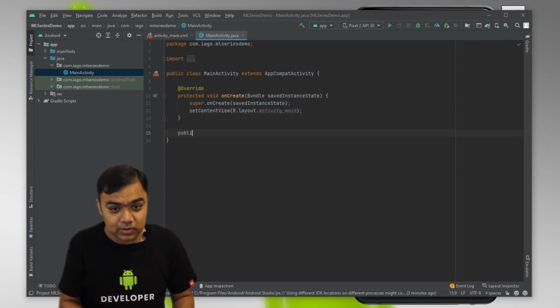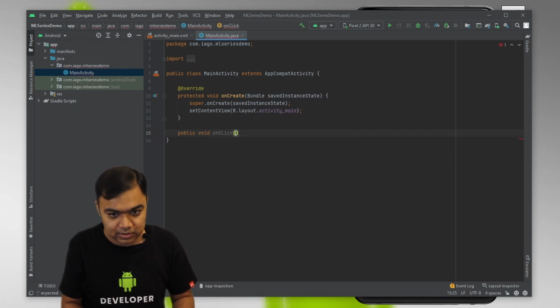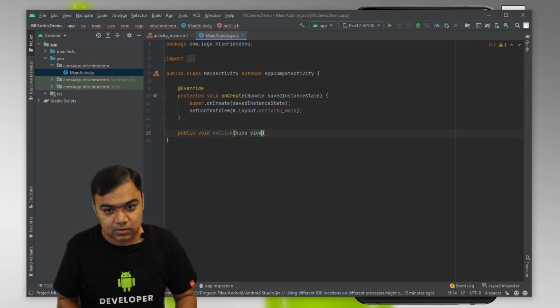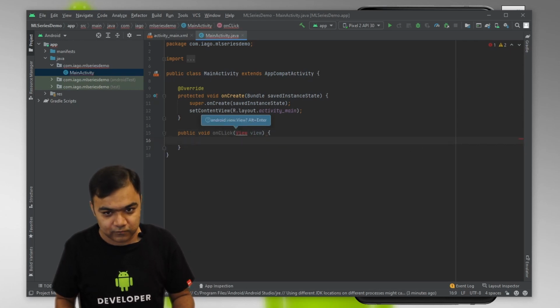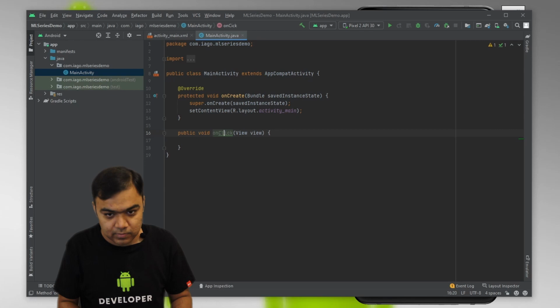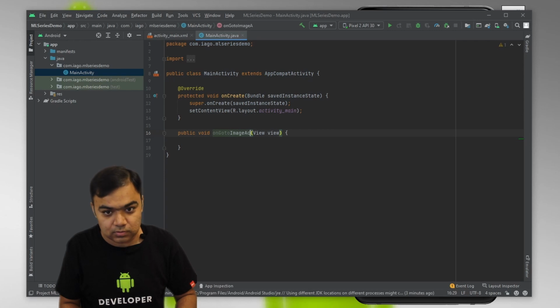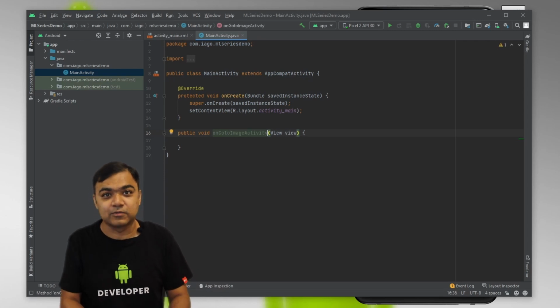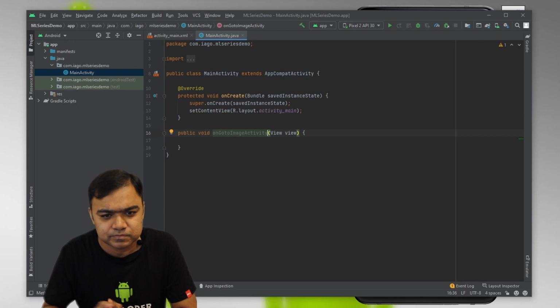We're just going to add a new public method on click, which has one parameter view. Maybe let's change it to on go to image activity.